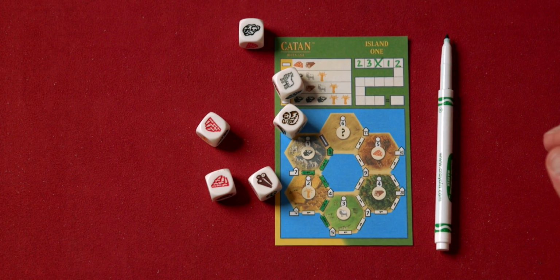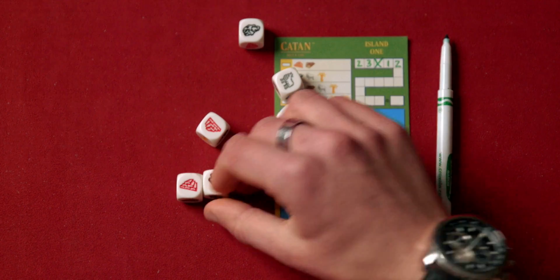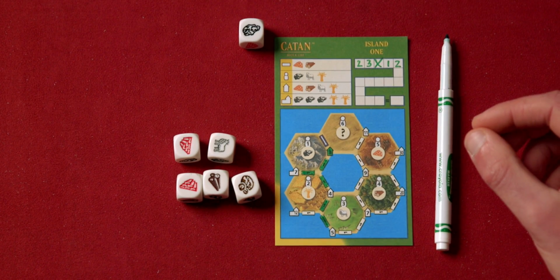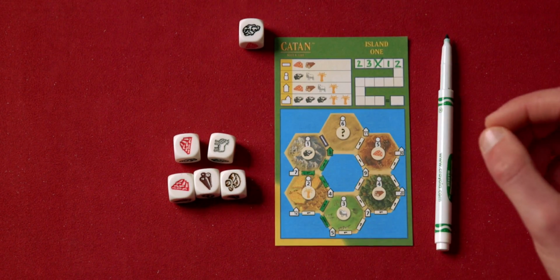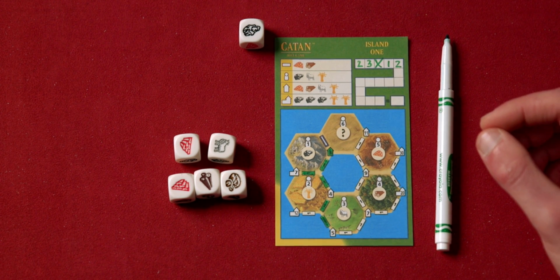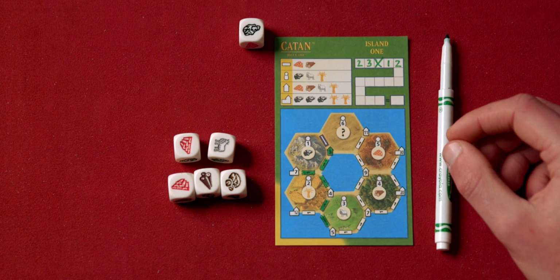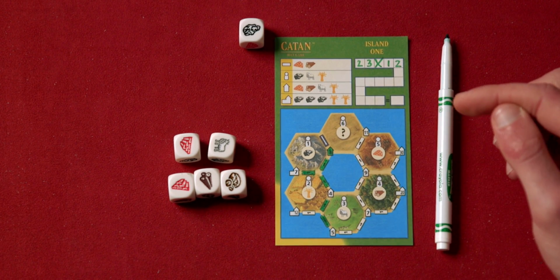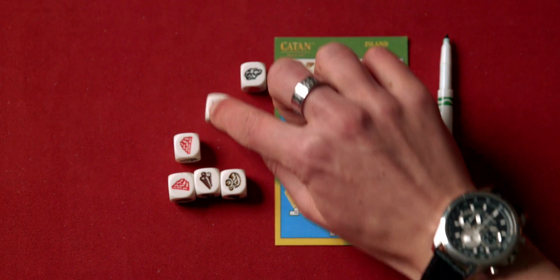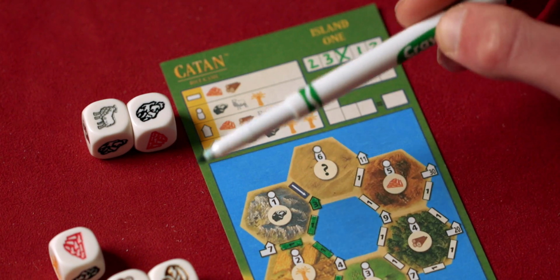I got some more lumber, I got some more bricks, I got some more gold. That's not very helpful though, so I think let's re-roll. I don't really need so much of these bricks and lumber. I've built quite a lot of roads, so let me try now build either a settlement or a city. So I'll keep this ore and I'll keep that sheep, and if I can get a wheat, then I can